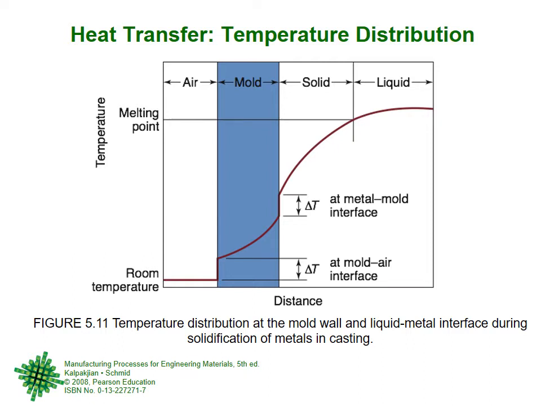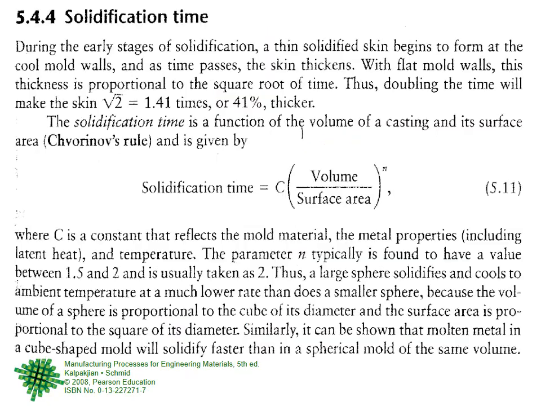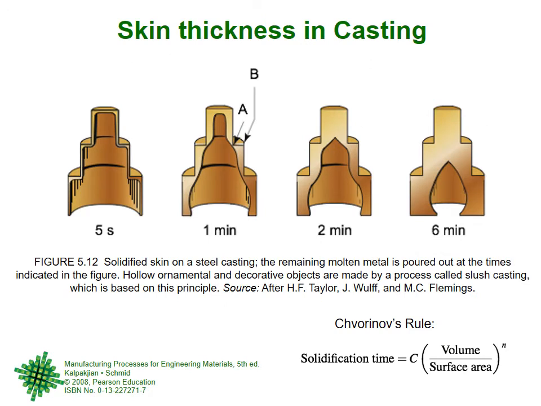Heat transfer and the temperature distribution. When we pour a superheated molten liquid, then it goes through the pouring basin, through the sprue, through the gates, into the mold cavity, into the riser. So what is the heat transfer and what are the temperature drops? Then related to that, solidification time, how quickly the whole casting will solidify, and this was described by Chvorinov's rule, which is in terms of the volume and the surface area. A little bit about skin thickness in casting, that all castings start to cool from the outside and then go towards the inside, so there is a skin in casting.